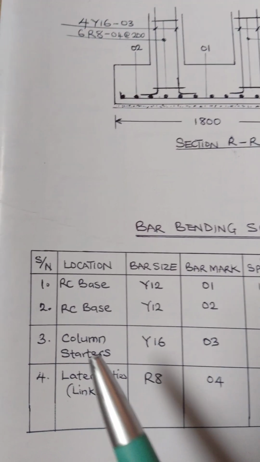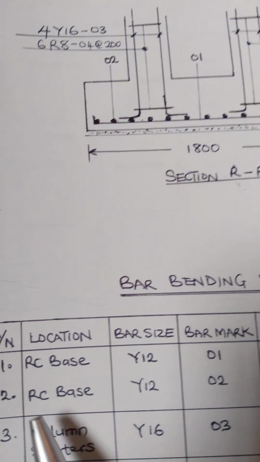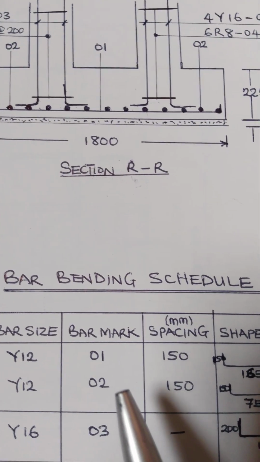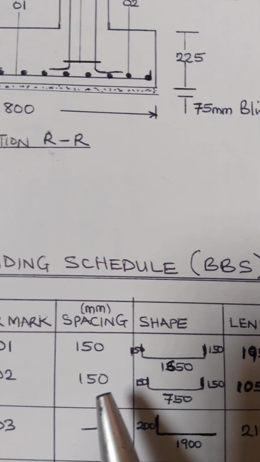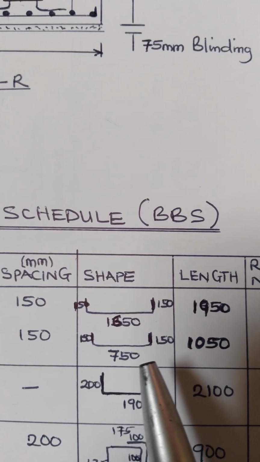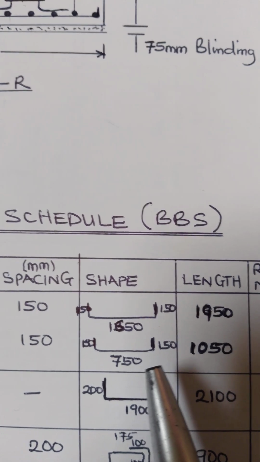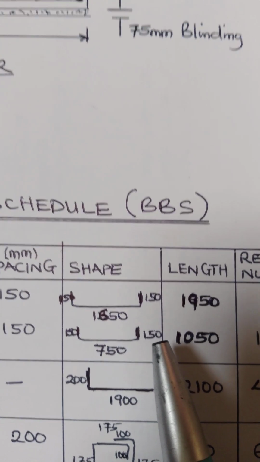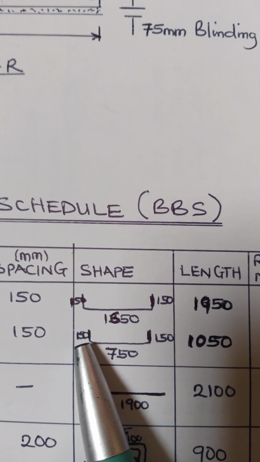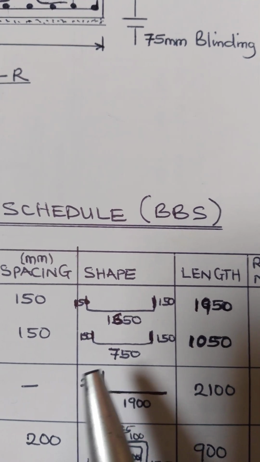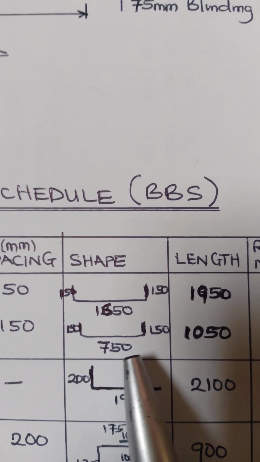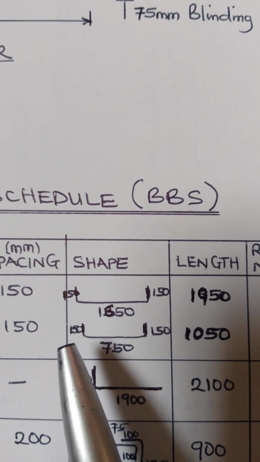So you come to the table. We have it as number 2, base Y12 02. Then the spacing is 150 millimeter. Then the bend, we are expected to also have 150 at this end, and also 150 at this other end, as a bend. Then we are left with 750. The essence of this bend,